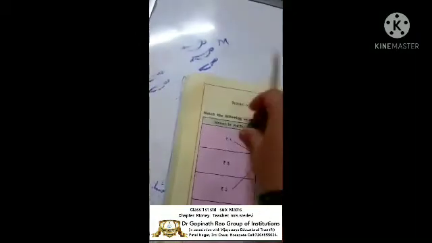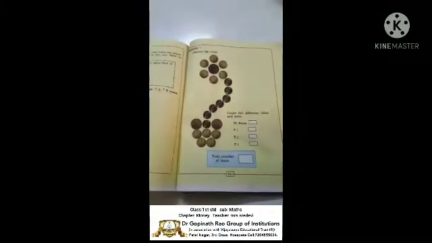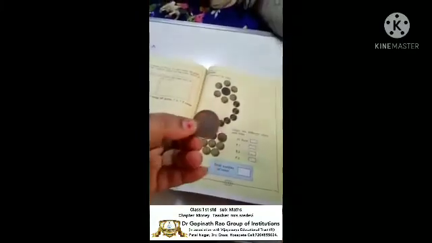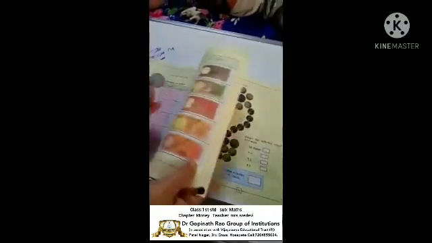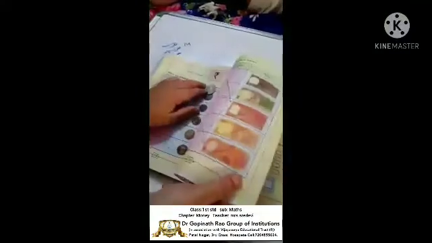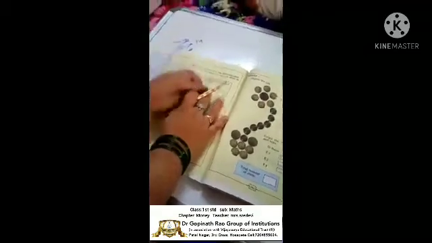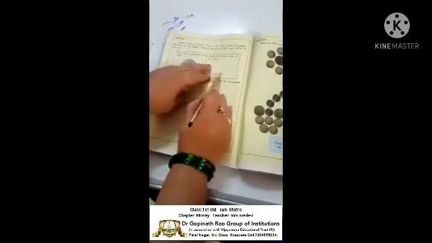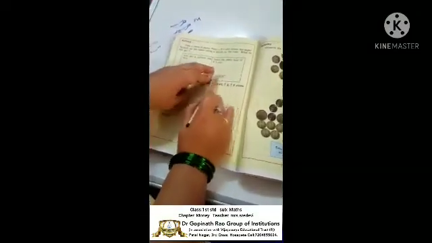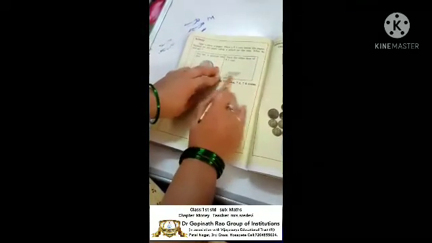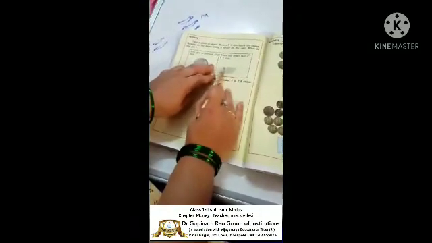This is the front part. So we'll do the back part, the other face of the coin. This is the front face. Now this is the back face. We have placed the coin below the paper. Now we'll trace like this. Wow, in this way we'll trace. See what we are getting.